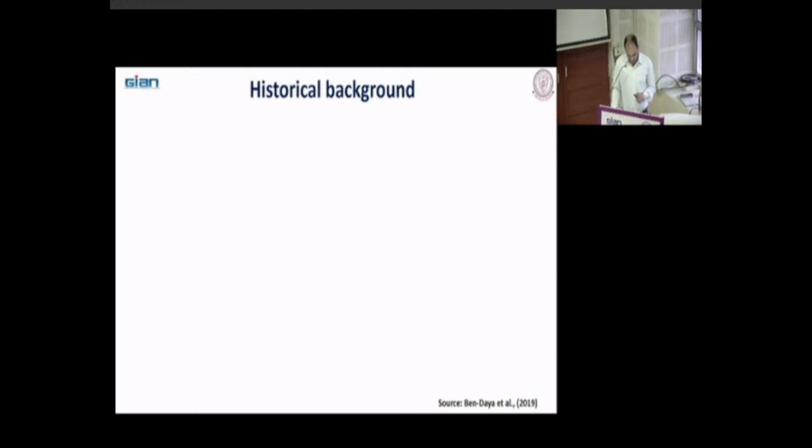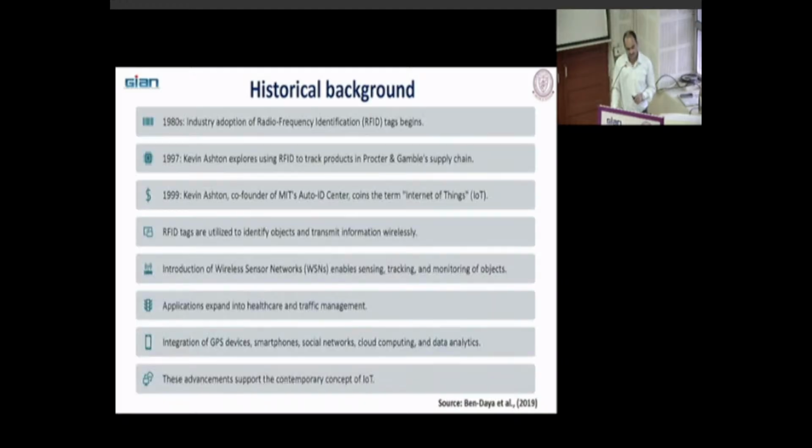So first, in the 1980s, industry started using RFID, radio frequency identification tags, to identify different kinds of objects. Then in 1997, Kevin Ashton founded MIT's Auto ID Center, one of the research centers established at that time.